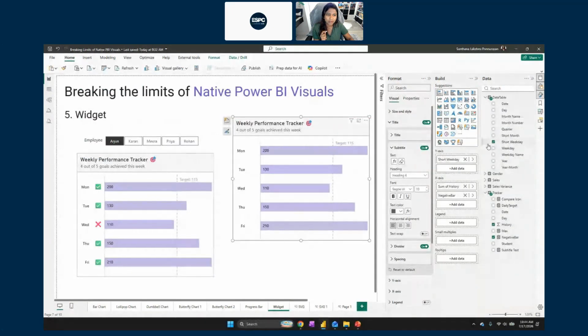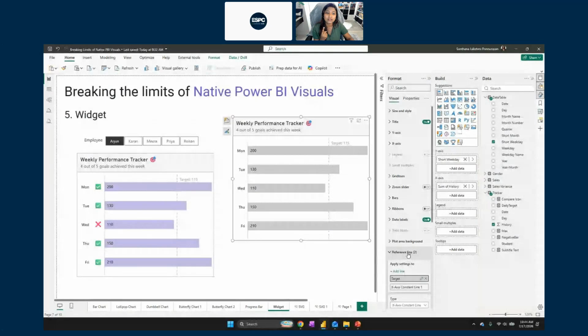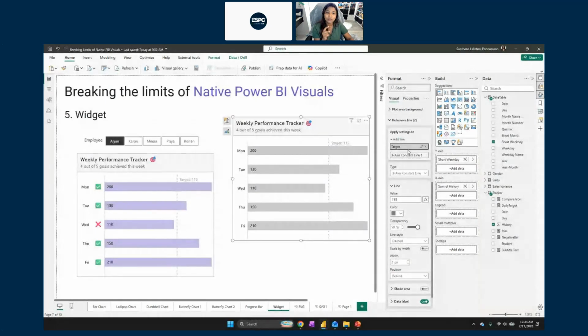Next, this is how it looks, right? I have my product days on the y axis, I have my scores on the x axis. Next, how do I bring in this target value? Again, we are going to use the reference line. Now, in the reference line, instead of having 0, I'm going to throw in my target value as 115. You can have it as 120 or whatever you like. For this case, let's just stick to 115. You can play around with the settings, change the colors, change the style. Remember how we always use solid lines? This is a great place where you could use a dashed line.